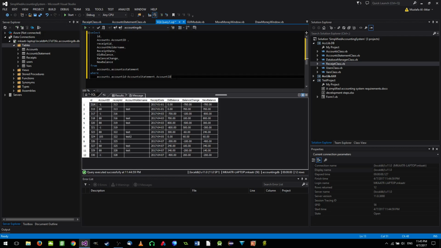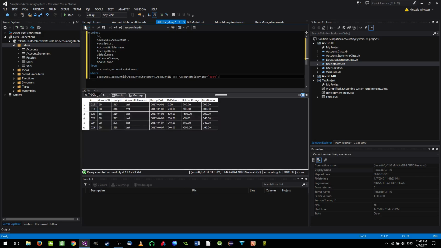Okay, so now let me add another condition just to show you how the statement looks. And account holder name equals, let's say I want to see the account statement for test, and I just run